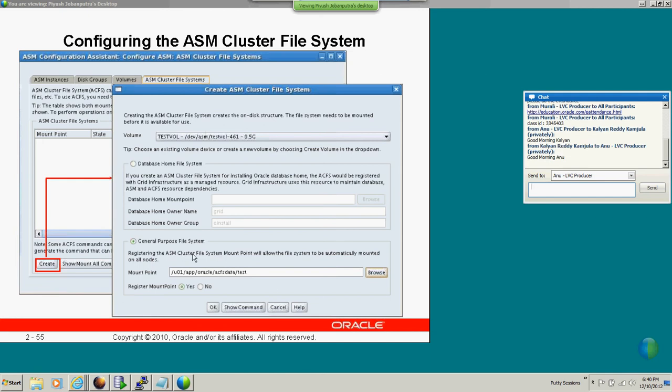Here we are trying to register the ASM cluster file system to allow the file system to automatically mount on the node. We have to give the mount point here, and we have to register the mount point. Once you register the mount point, it will give you a script which you